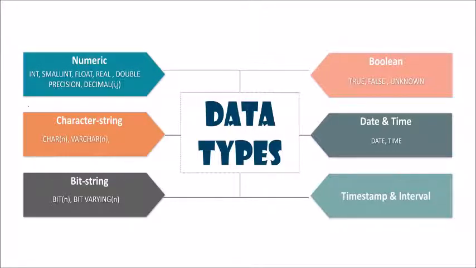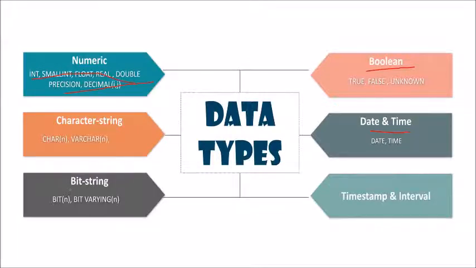The basic thing is numeric. Most of the data types you must be aware of: int, smallint, float, real, double precision, decimal. All these are common numeric data types. Character, I'll explain. Just hold it for 1 minute. Boolean data type, true, false. You must be aware. Date and time, as the name tells you, when you want to store the date of birth or the time of entry or something like that, we use the date and time data type.